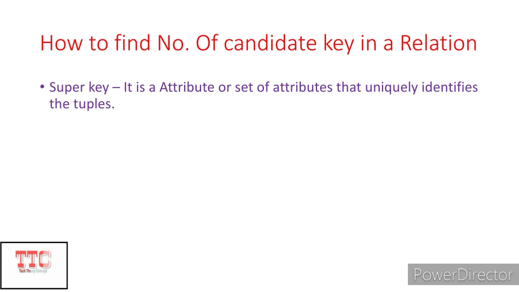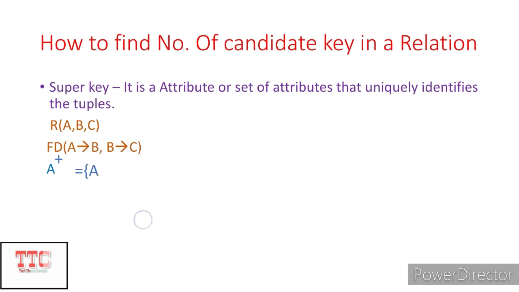To understand this, let's take an example. Suppose we have a relation R which has three attributes A, B, C, and the given functional dependencies are A determines B and B determines C. Suppose we calculate the closure of attribute A. We have discussed the trick for finding closure of attribute in our previous video, so I am using that trick here.